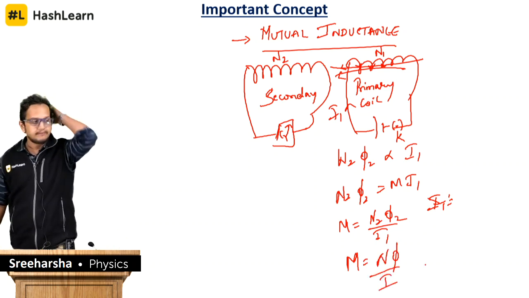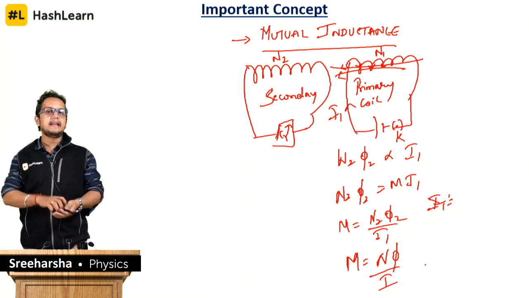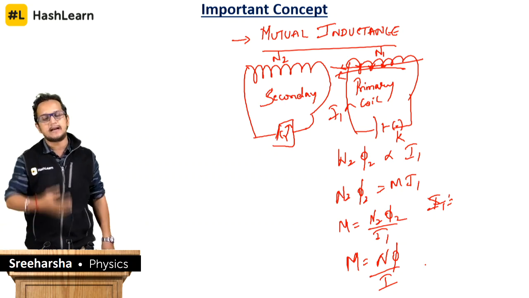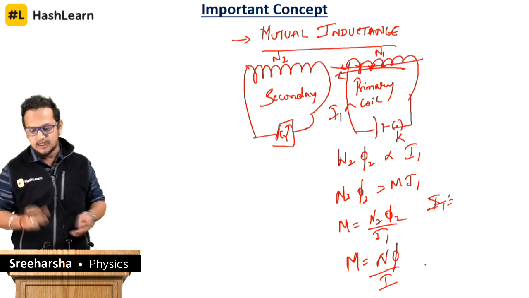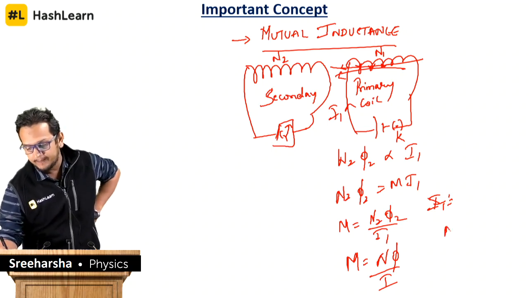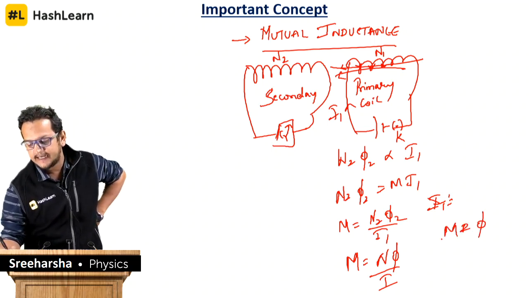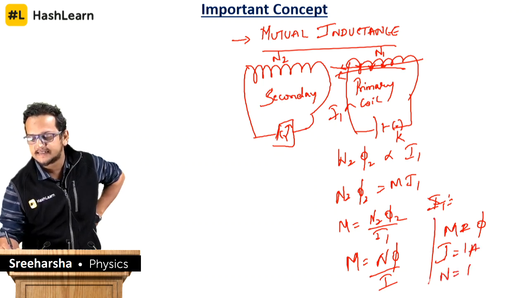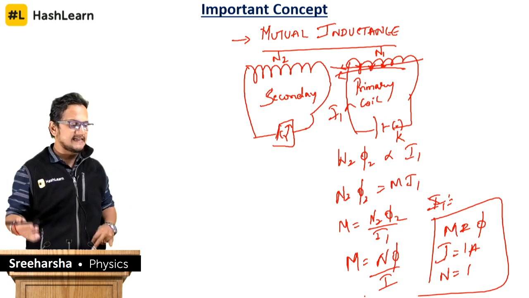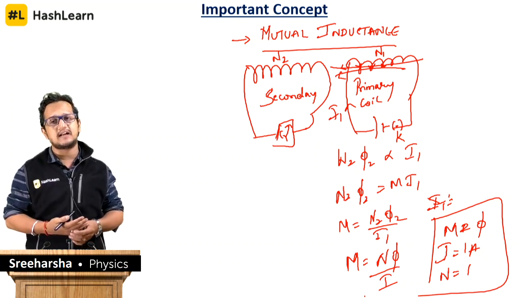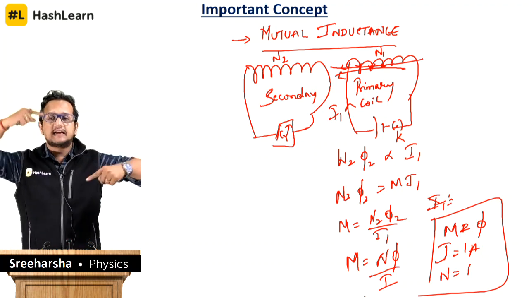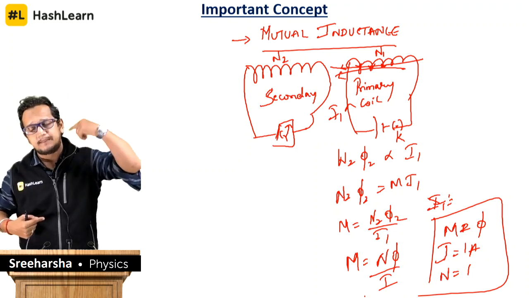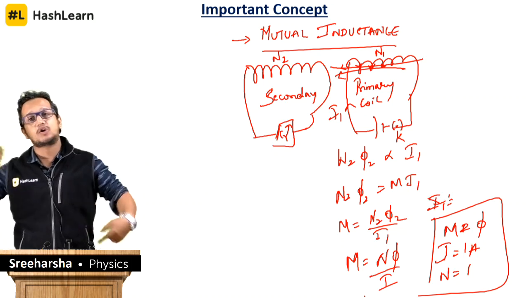In general, the magnetic flux linkage is N phi by I, where N is the number of turns, phi is the flux and I is the current. So with this we can say M is equal to the flux induced when I is equal to 1 ampere and the number of turns is equal to 1. This is very similar to self-inductance, but the difference is that the current is moving in one coil and there is an induced EMF opposing the growth of the current